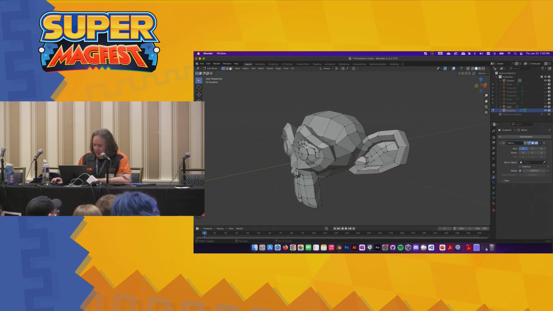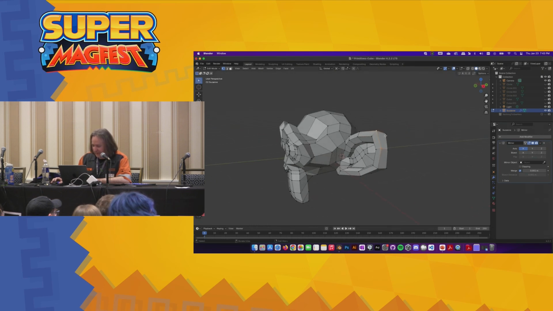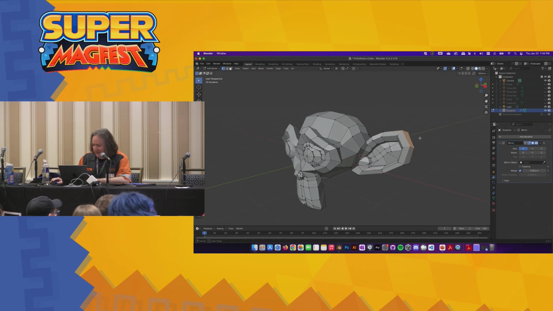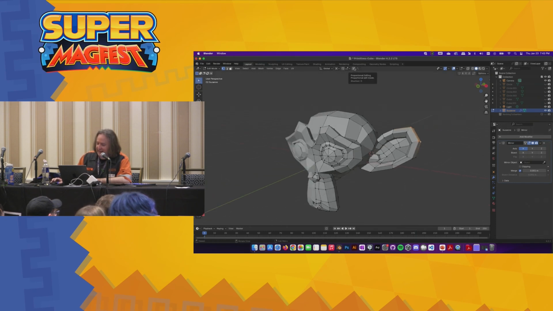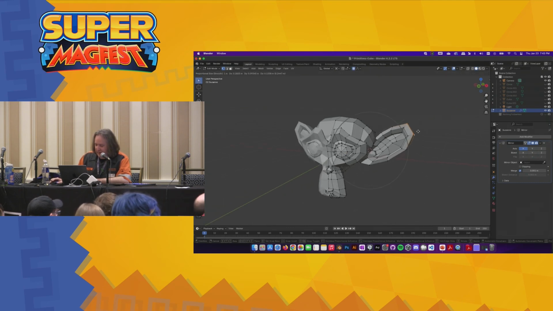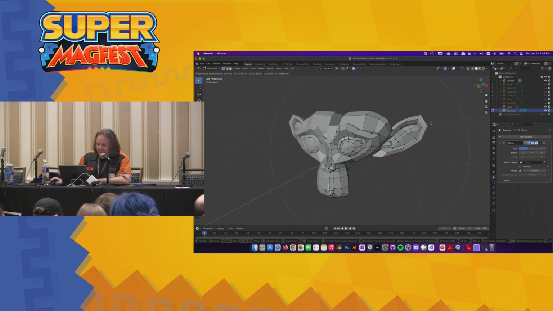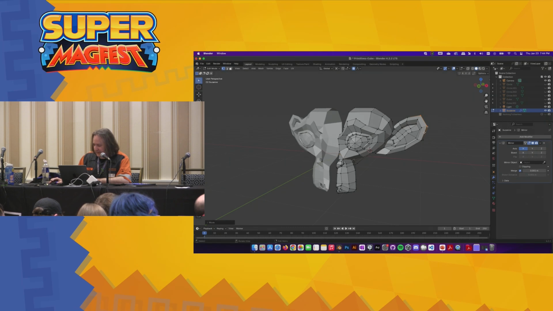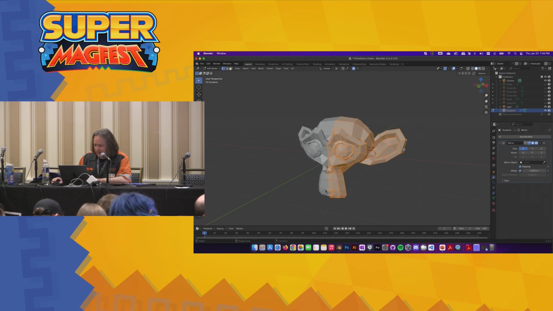But this is annoying when we want to move something and we want to do one at a time. Now we're no fools. We want to do this right. So they have a thing called proportional edit. It's this little guy up here. You can think of this as when you start to do an operation, you can make it affect more or less of the thing around it. So you can scale whole shapes at a time like this. You'll notice that it's starting to pull away from the center, and that's weird. We can solve that by turning on this clipping thing, which will mean that the center is welded to the center.